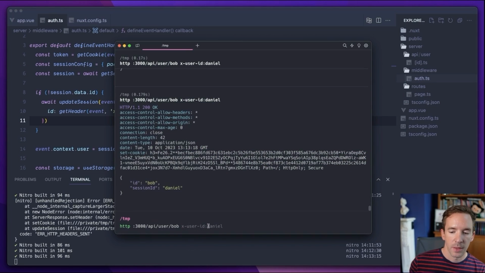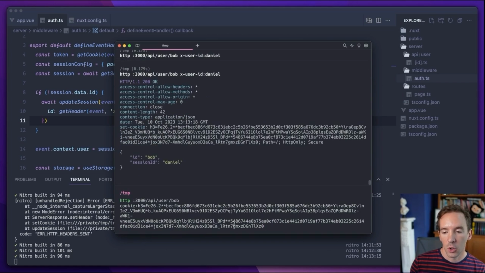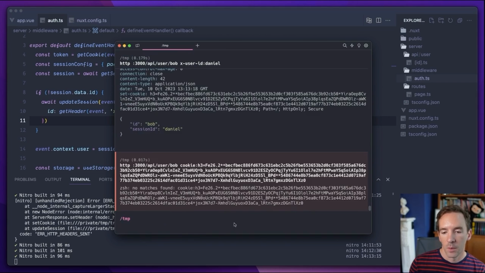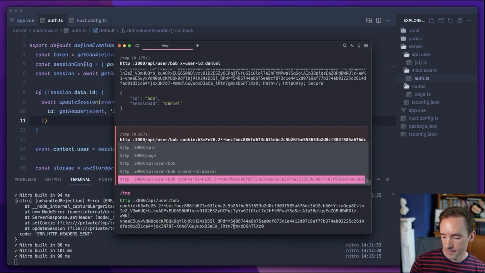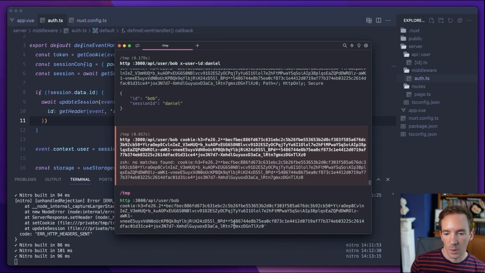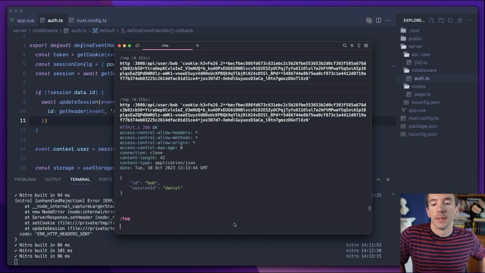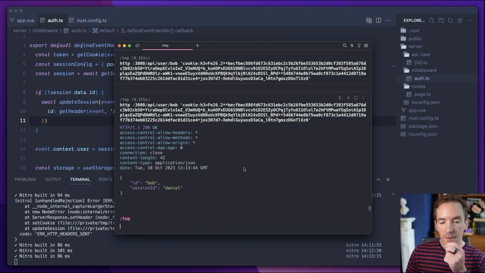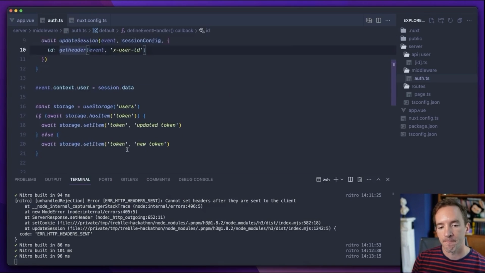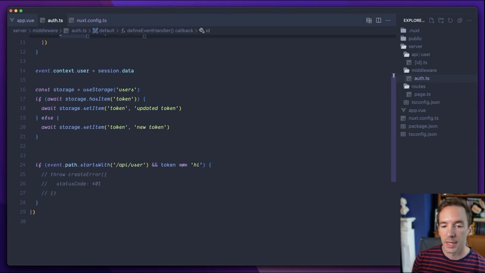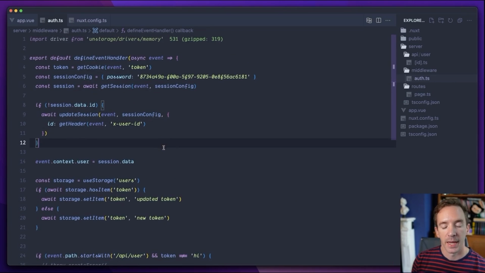So I'm going to drop out the user ID header, and instead we're going to set the cookie header. So now, when I perform that request, I'm going to have to put it in quotes. There we go. So even though now I'm not passing my user ID specifically, it's reading it correctly from the cookie. This session support is really, really useful, particularly when you start to do any kind of